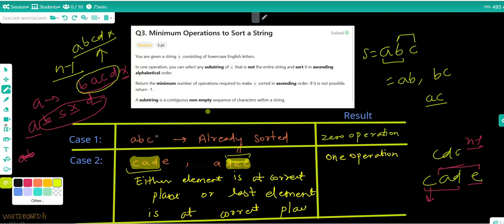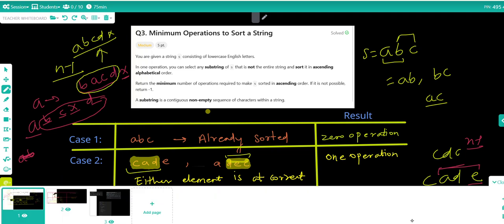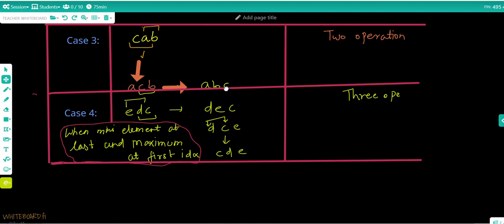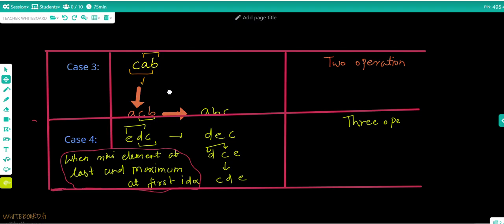Another case is possible. The third case is, in two operations, what you can do is choose the n minus 1 length from the right side and the n minus 1 from the left side.